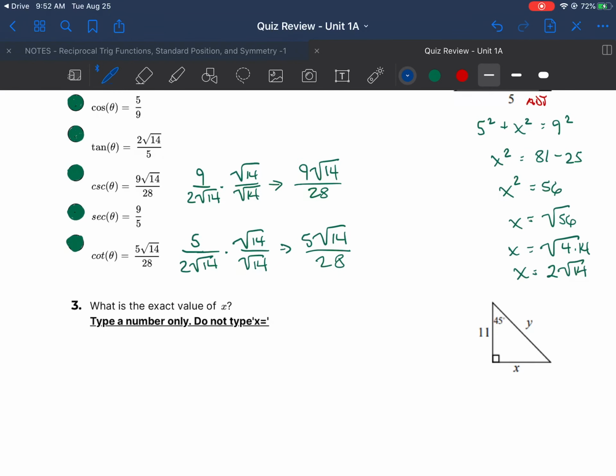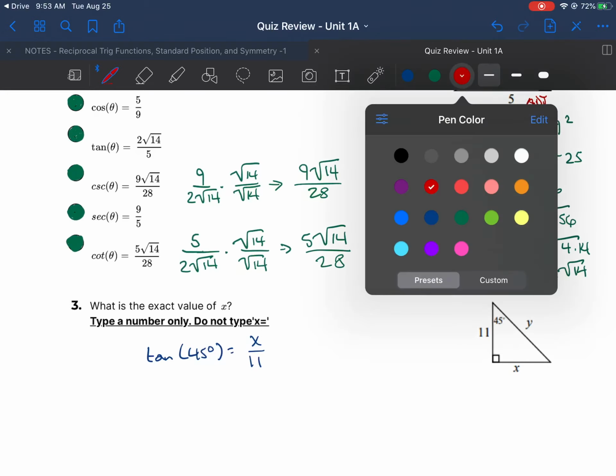Looking at number 3, we want to find the exact value of x. So looking at this image and looking at the 45-degree angle, x is the leg opposite of the 45-degree angle. Also notice that the 11 that we're given here is the adjacent leg to the 45-degree angle because y is the hypotenuse. So I'm going to go ahead and set up the tangent. This is telling me to say that the tangent of 45 degrees is equal to x over 11, opposite over adjacent,